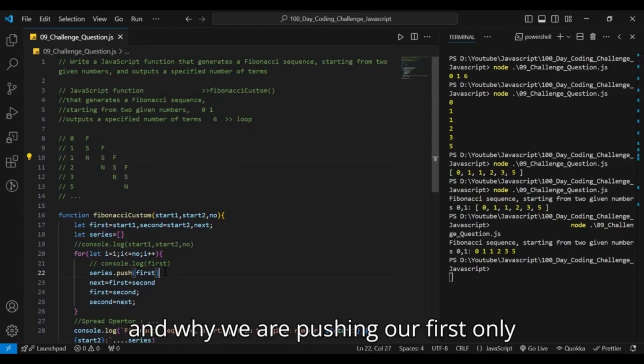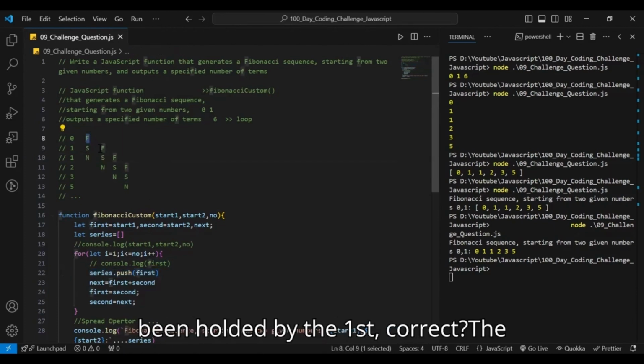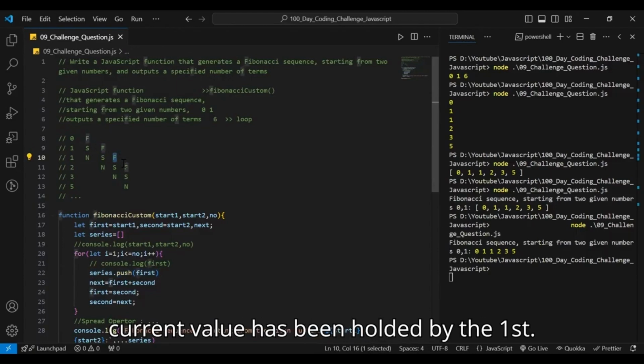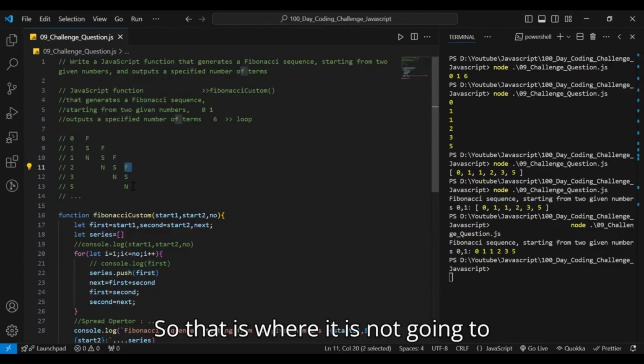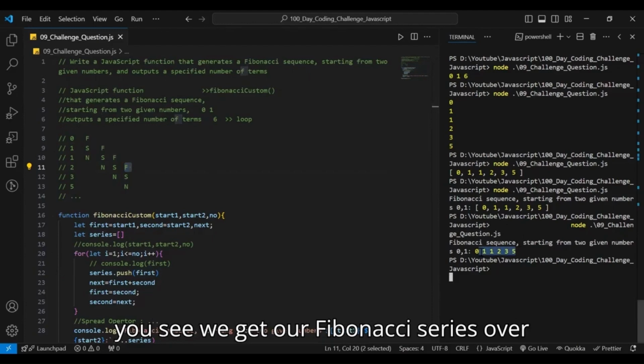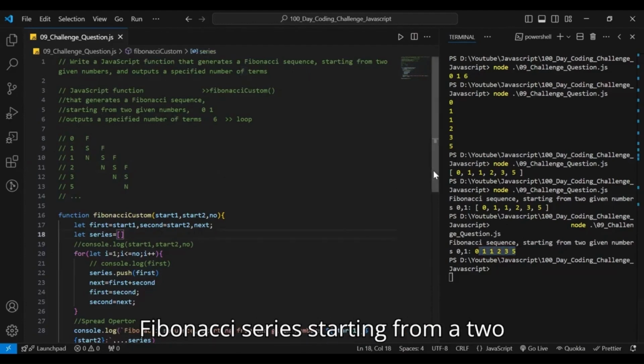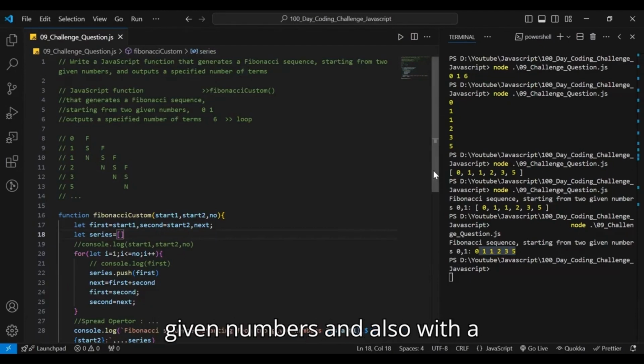And why are we pushing only first? Because every time the current value is held by first, correct? So that is where it is not going to change and it will hold the current value. So we will print our value, and if you see, we get our Fibonacci series over here. Got it? So this is the Fibonacci series starting from two given numbers and also with a